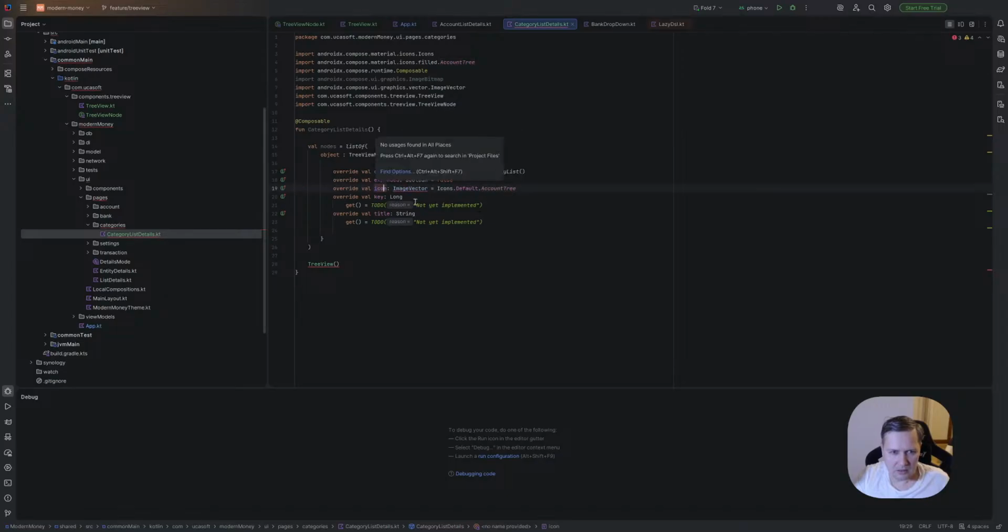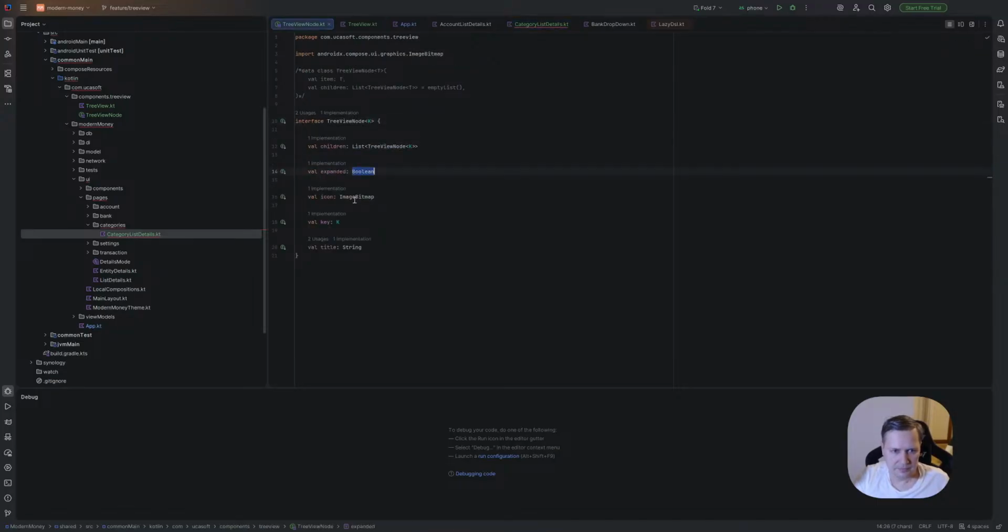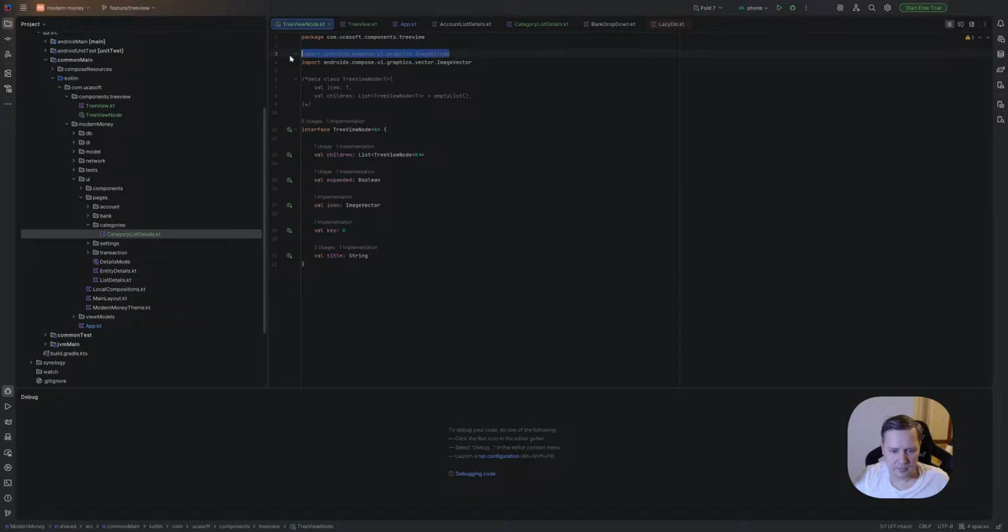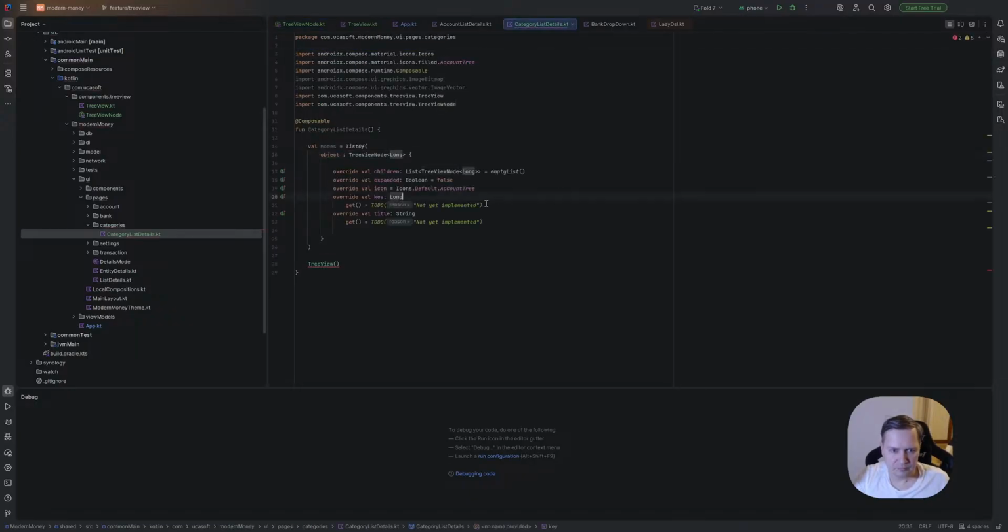So we need to change image vector. Okay, so we need to use image vector. Nice. Maybe I'm wrong here, but we'll see. For key, let's use 0 for now, and for title use first root item.